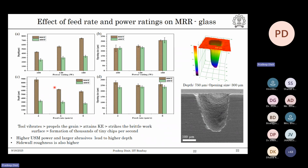Basically, we have done both numerical as well as experimental analysis. Here are some basic fundamental graphs: power rating versus depth, and feed rate versus depth. As expected, when you go for a higher USM power, that results in a higher velocity, which means higher kinetic energy, and that typically means higher material removal. So from the material removal point of view, we recommend higher USM power and